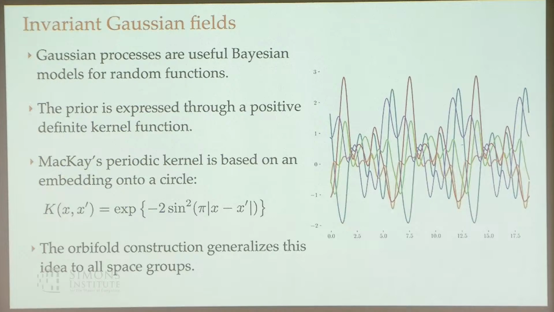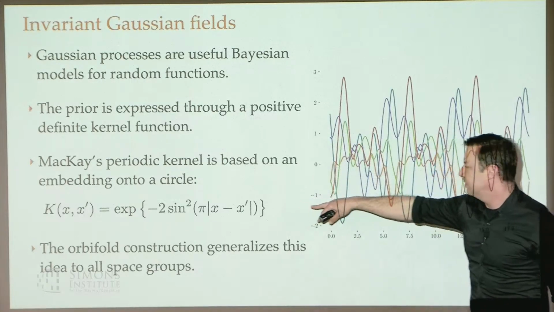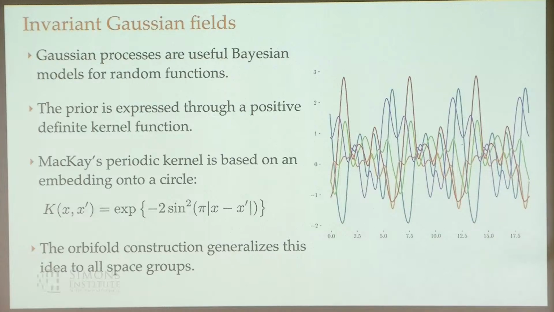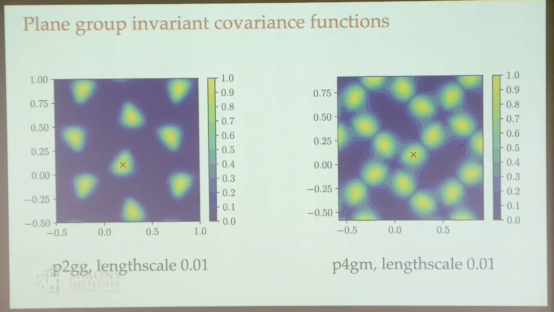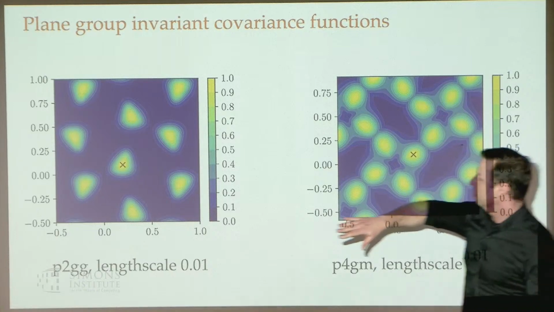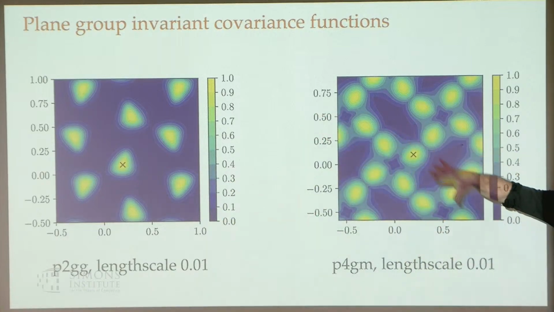But let's forget SVMs. Let's talk about Gaussian processes. We can do the same kind of thing, and as I mentioned earlier, my PhD advisor 30 years ago introduced that circle trick to derive a periodic kernel function for things like Gaussian processes. Here we're generalizing that. We don't have a nice closed form, but we can still evaluate these things and get these neat Gaussian fields. We can also think about what the correlation function looks like. Here I'm clamping one of the points and then looking at which points it correlates with.